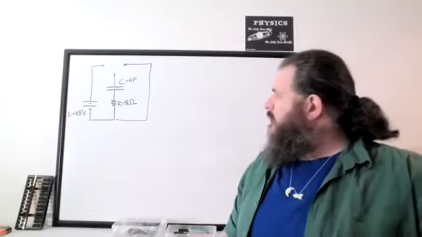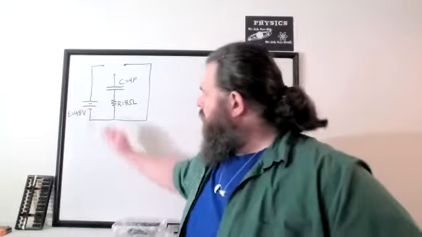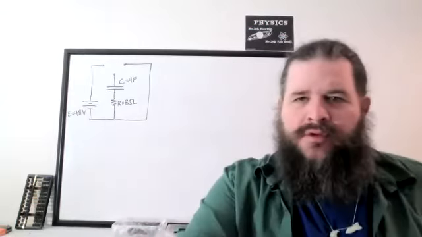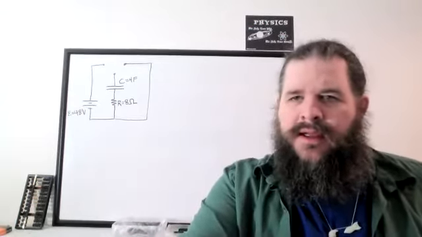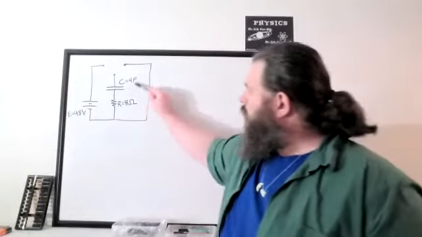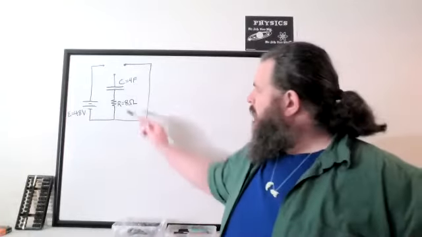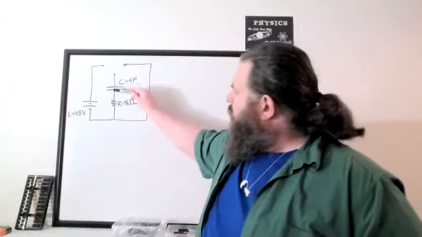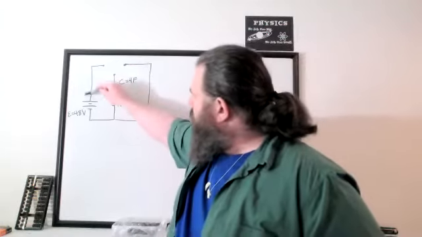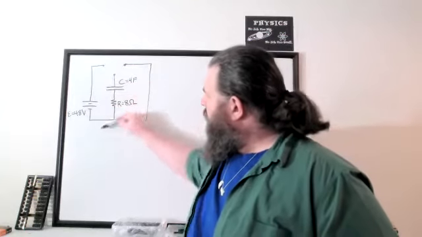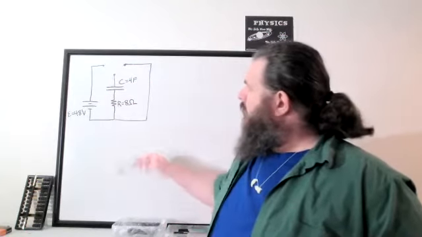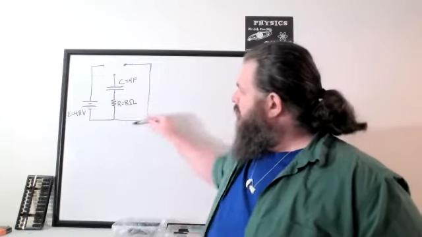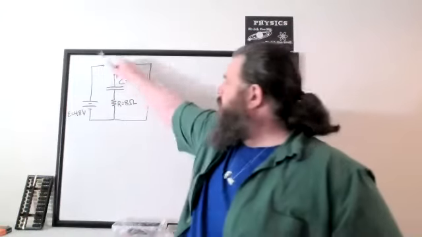Let's say we're dealing with this circuit that has a battery of 48 volts and a capacitor with 4 farads of capacitance and a resistor with 8 ohms of resistance. And I've set it up where there's a possible loop that has the battery and the capacitor and the resistor, and another possible loop that has just the capacitor and resistor, depending on which way we flip a